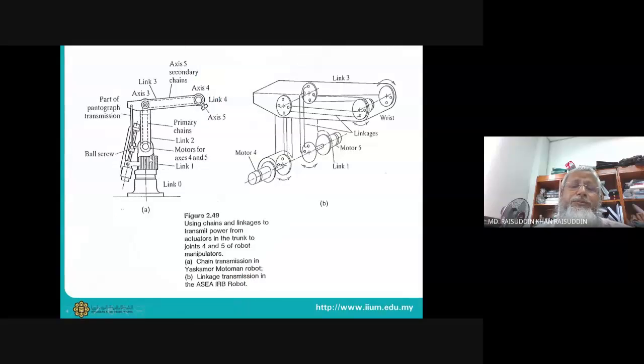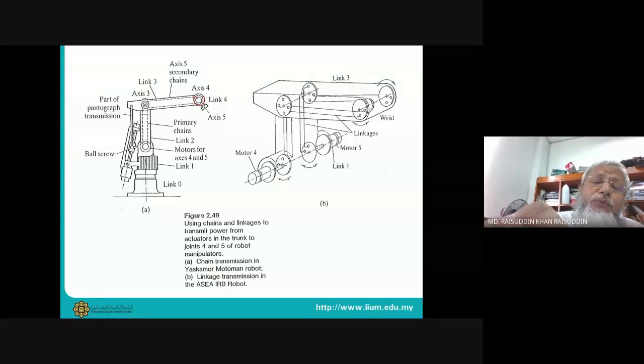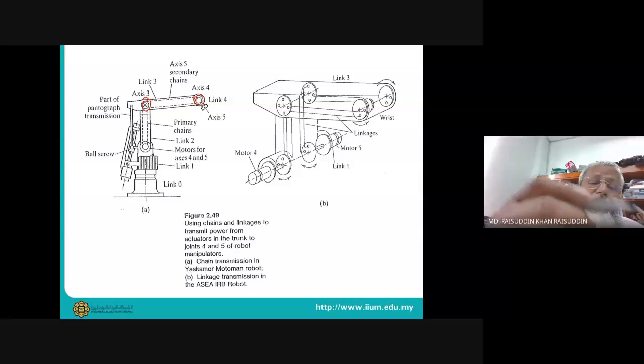So here you look, this is an example of a robot. When we make robots, a robot has its hands and links, and how they are connected matters. So here you can see this is a robot. When we are running this link, we do not put the motor here, we put the motor there. Because if you put the motor here, it becomes heavy, as motors by default are quite heavy. So that is why we shift it here.